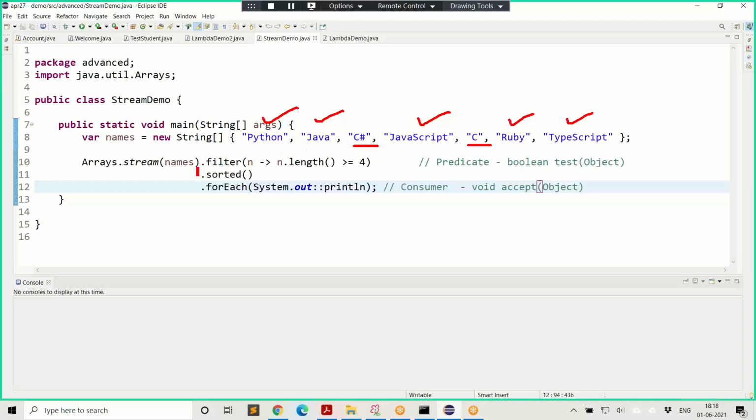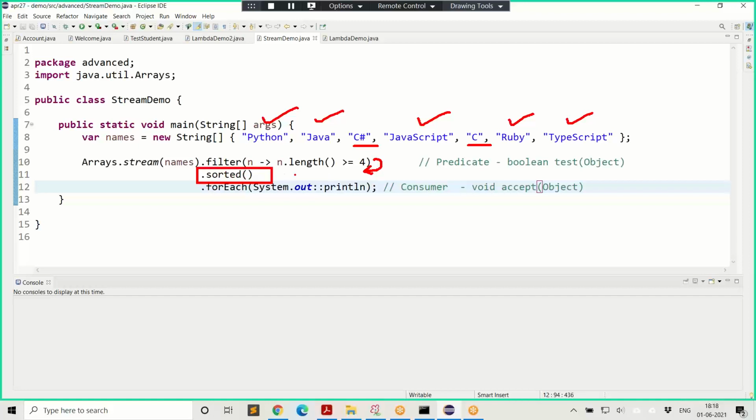And the next step is to sort. This is another intermediate operation. This intermediate operation works on the stream produced by the previous operation. Filter is producing a stream that we sort.